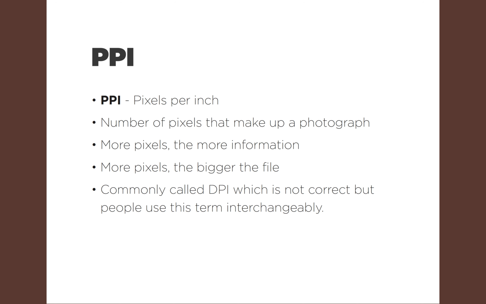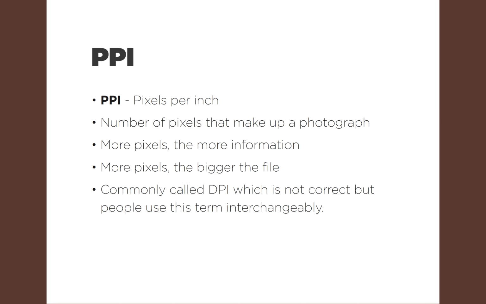Now, the more pixels that you have, the more information you get. The more pixels, the bigger the file. Now, what does that mean? Well, you've heard of cameras back in the day of being 2 megapixels, 4 megapixels, 8, 12 megapixels. That just means there's more pixels of information when you photograph something, and more information gives you more detail, and more detail hopefully gives you a better file. You can still shoot an image out of focus, and it still looks horrible, but more pixels gives you